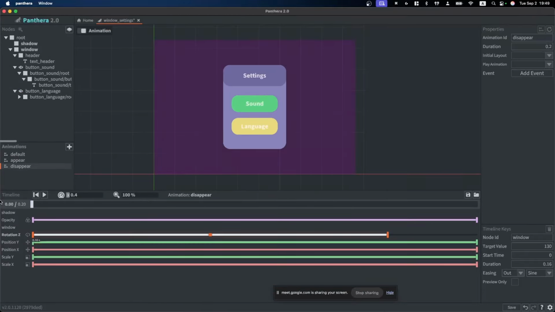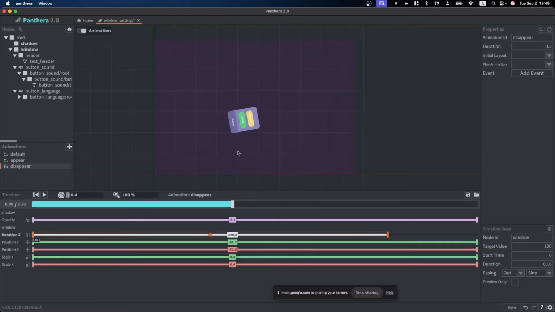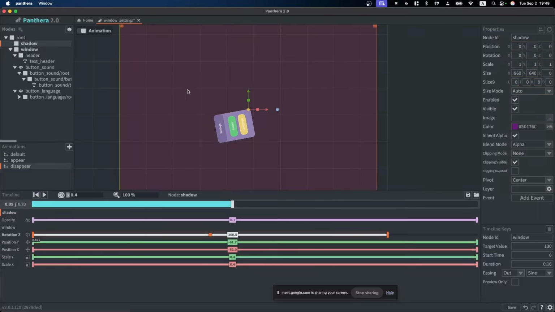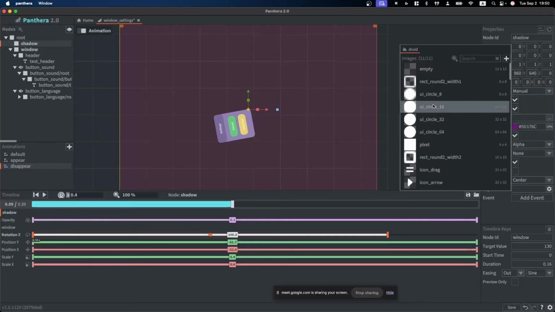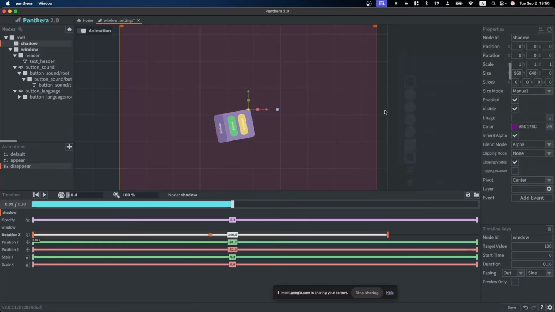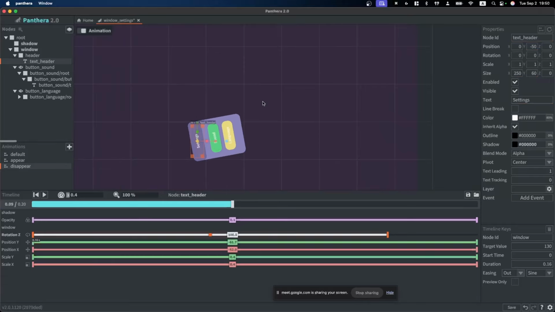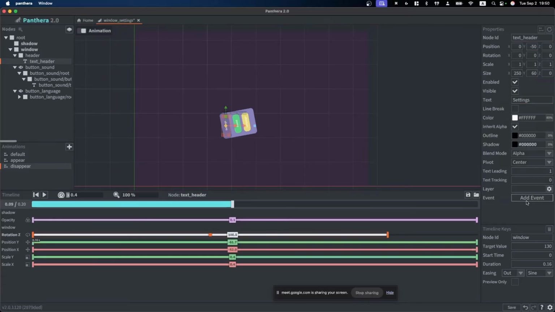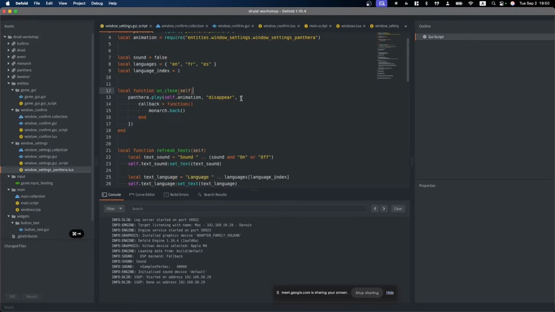So for Pantera, you just set some time. Some properties of the node need to have some values, so you can adjust them, change sizes, change anything you have in the default, images, even Druid images here, pivots, anything. You can change the texts, call events, and process them inside these options.